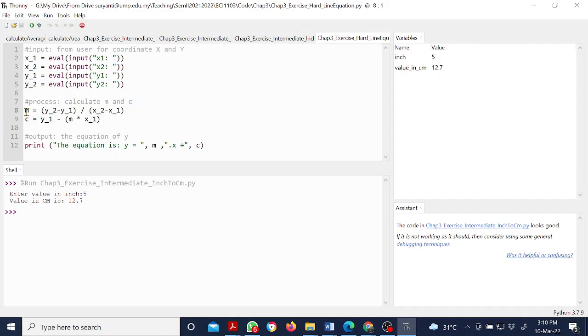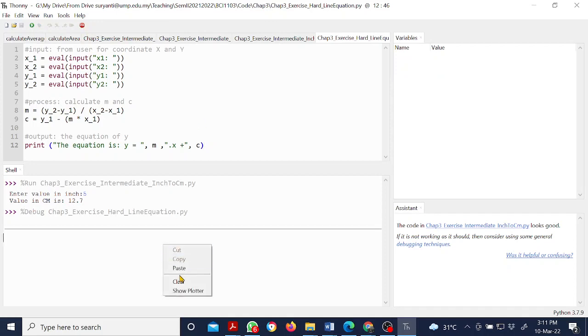So m equal to y2 minus y1 over x2 minus x1, and c equal to y1 minus m times x1. After that, I'm going to print out this equation: the equation is y equal to m times x plus c. So if we debug,